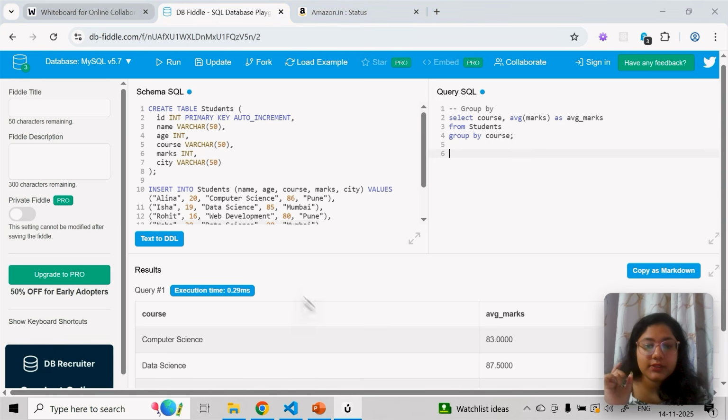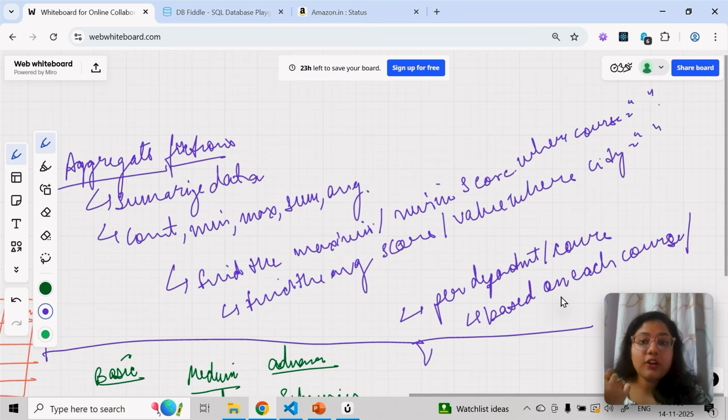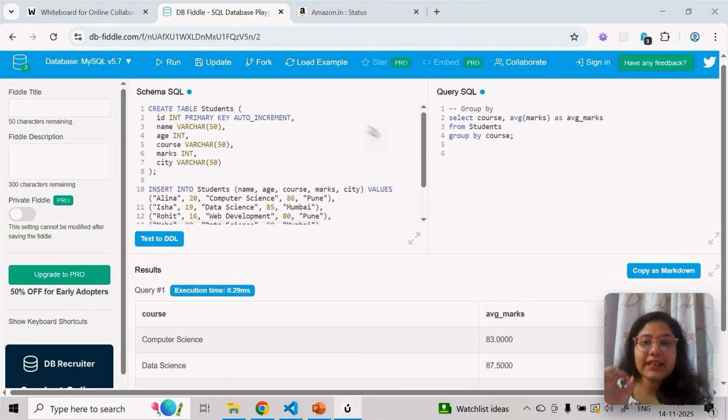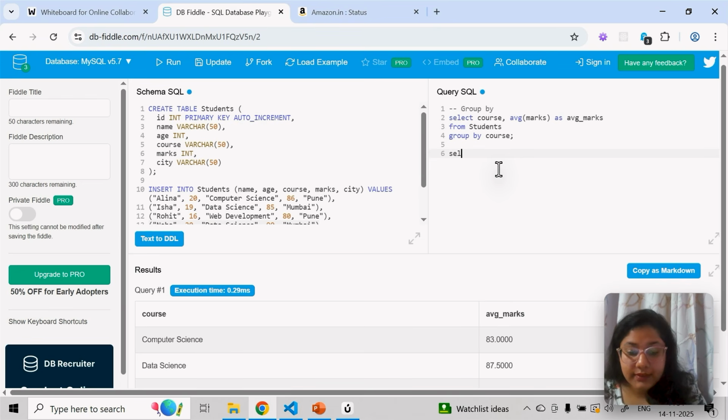Each word you can see based on each. So now what you will do? You will simply use aggregate for the count, and you will use group by for each department or course. So I'll just say select course. Now we know count, right? Count, I'll just put star